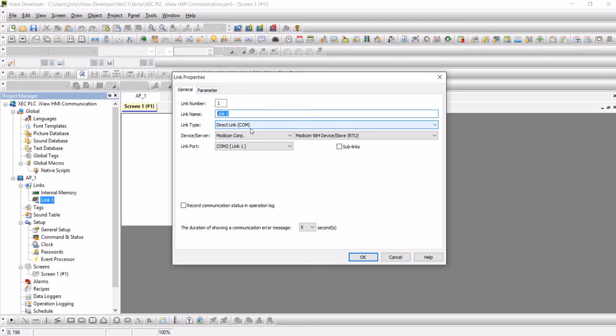So always in the iView HMI, the device or server, we always refer to the device which we are communicating. So in this case, the slave means XEC PLC is the slave. Link port as COM2 or link 1. So we have chosen the terminal type of COM port in the HMI so that it will be easy for wiring. If you do have many devices, many XEC PLC or any other Modbus slave devices, then you have to